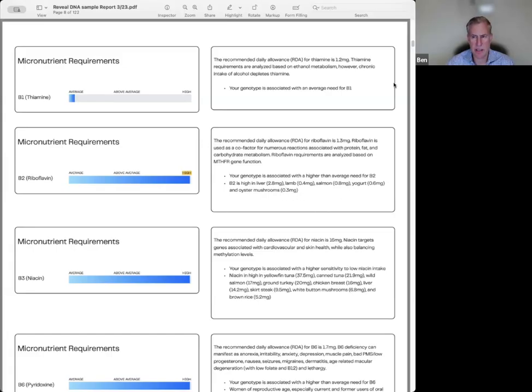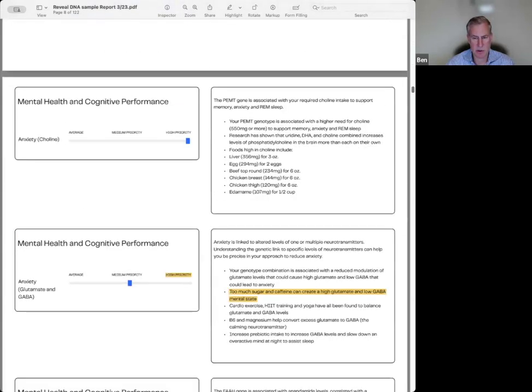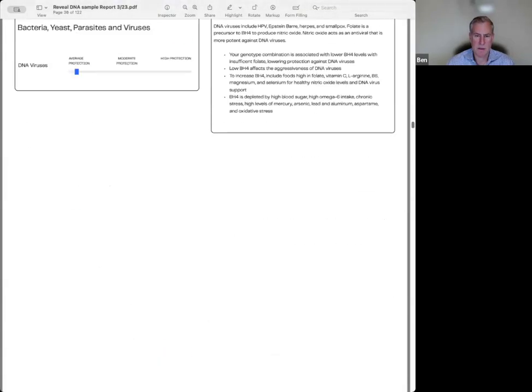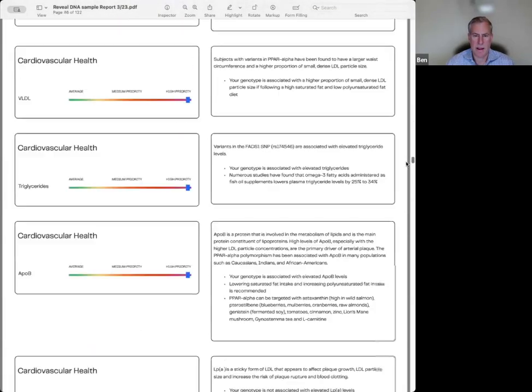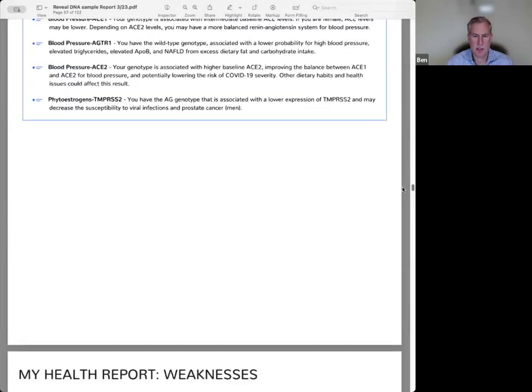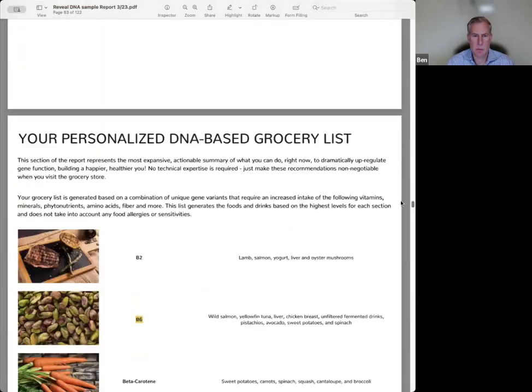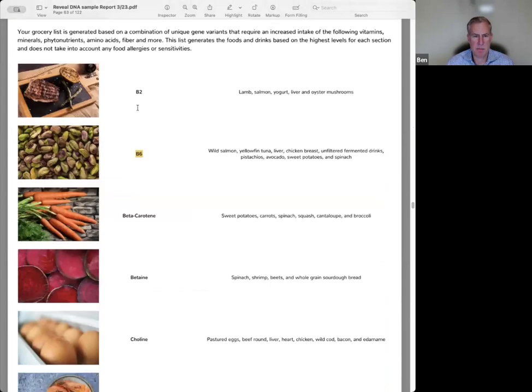Another way to look at this is go down to the dietary list. We're going to do that right now. I'm going to scoot through all the sections, just to see what it looks like. Right here, their personalized DNA grocery list. And the first thing that comes up is B2, right? So it's important. Get a mark there. Well, anyway, and you can see